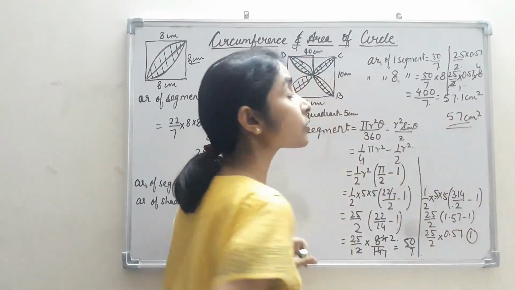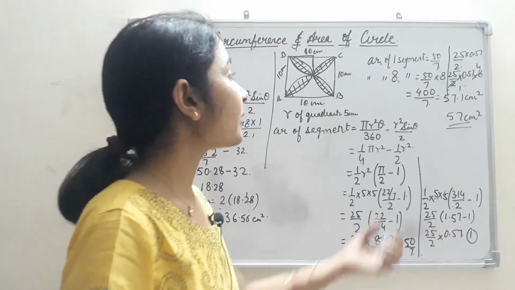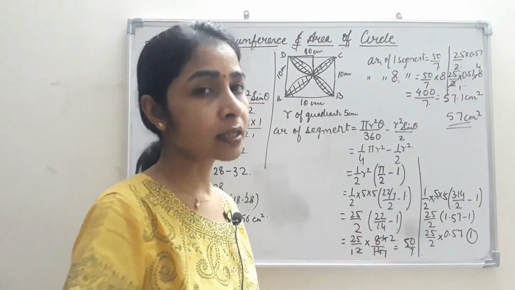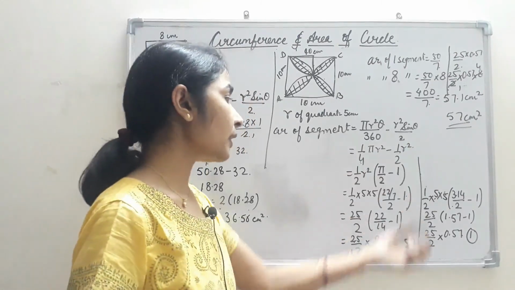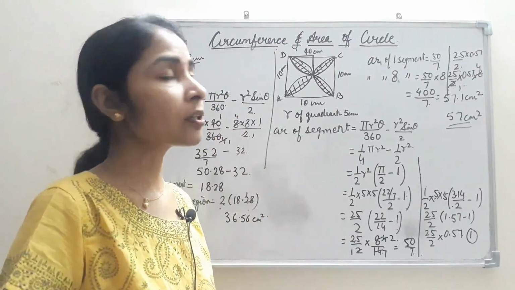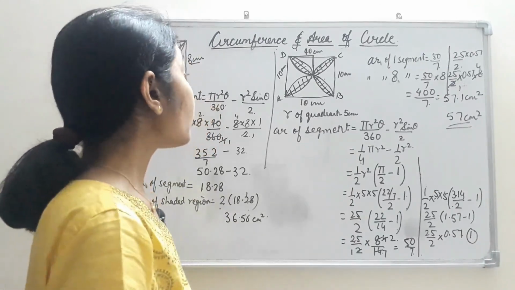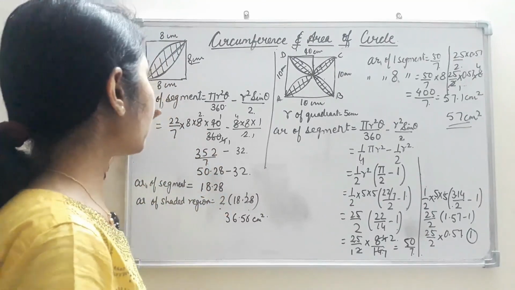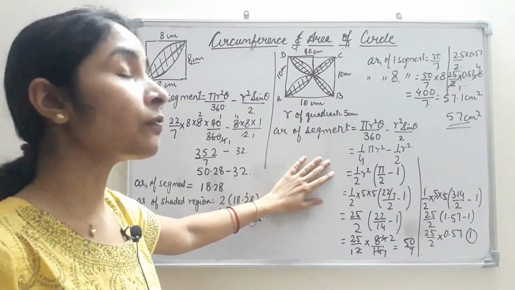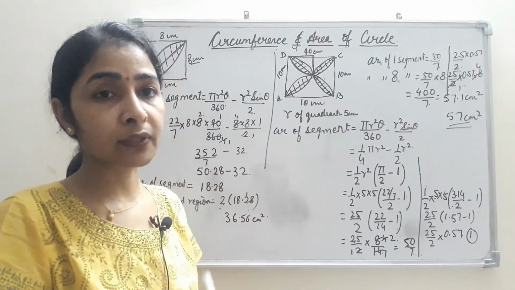So like this I can also get the answer approximately as 57.1, and if I use 3.14 in place of pi, then I get 57. So it is more or less same. So like this you can substitute any value of pi and get the answer nearby. It is not like that if 0.1 is there then the answer is wrong. It is approximate there. Okay, so in short, this is the method when you are given a leaf like structure and you are supposed to find out the area of that, then you are supposed to find out the area of one segment and then double it, so you will get the area of that leaf.